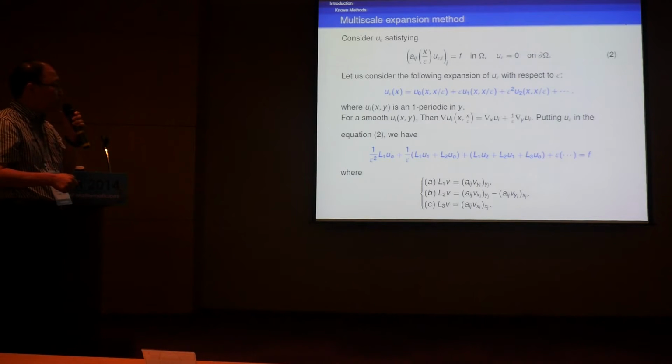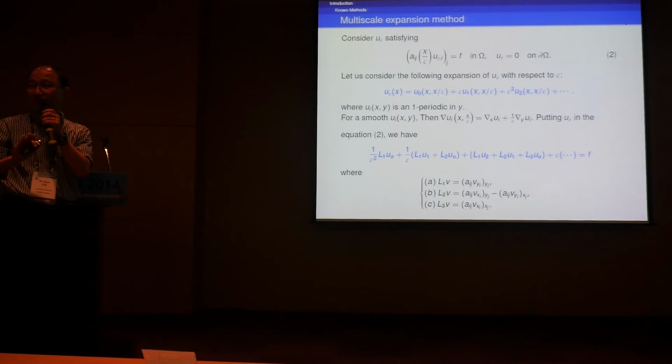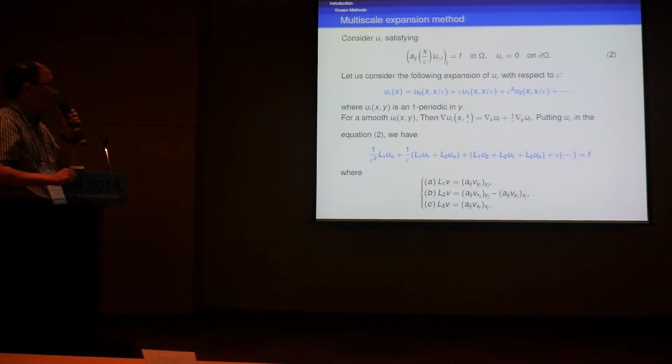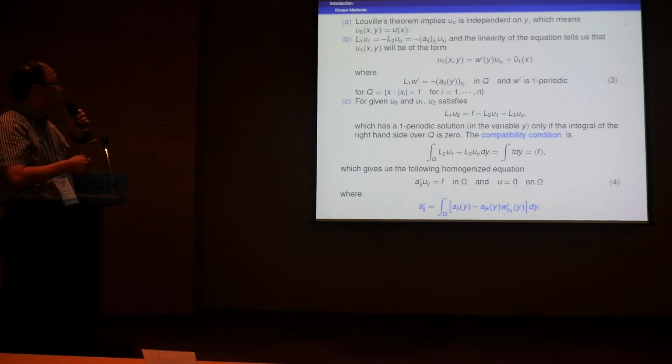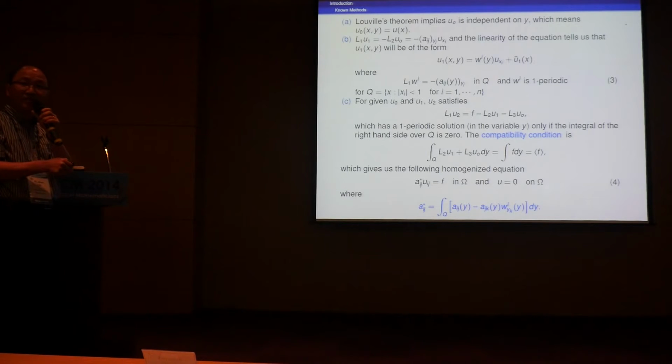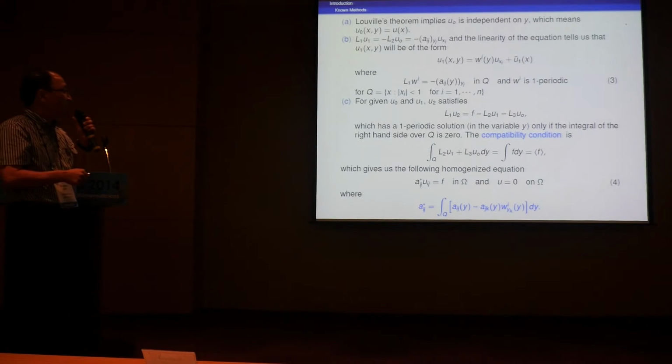Then the first solution really tells you this zero order term is independent of this oscillation through the Lemma. Then our limit solution has no oscillation. Okay. And that's the first part. And the second equation really tells you the correctors, which I discussed before in the picture. And the third one tells you really the homogenized equation.